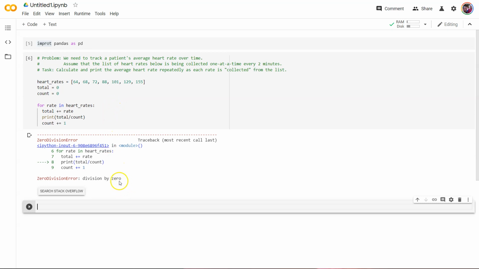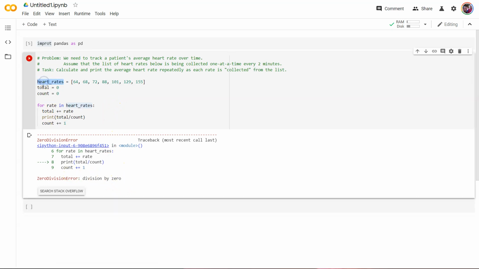So I get this error, division by 0. Notice these are all variable names, so they're all black, that's normal. For is a keyword, in is a keyword, those are colored properly. Numbers are colored properly. There are no syntax errors here at all. There's no way to detect this if I didn't see the code. Well, there are ways, we'll get to that, but I don't detect it until the program actually runs